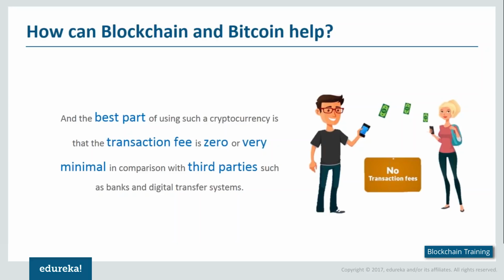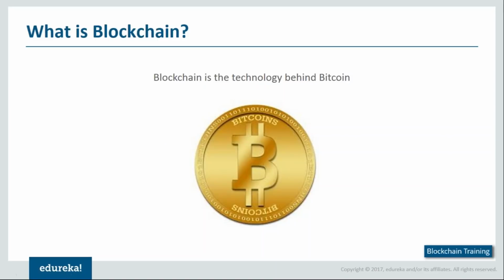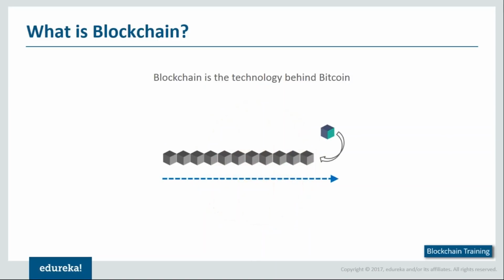Okay, that's great. Now that you've understood how the issues with the current system can be tackled by the blockchain system, let's try to understand what exactly blockchain is. Blockchain is the core technology, or the spine, behind the Bitcoin cryptographic system. Originally introduced in 2009 by Satoshi Nakamoto as part of a white paper, the blockchain and the Bitcoin system were one of the key factors that led to the idea of a decentralized digital currency system.